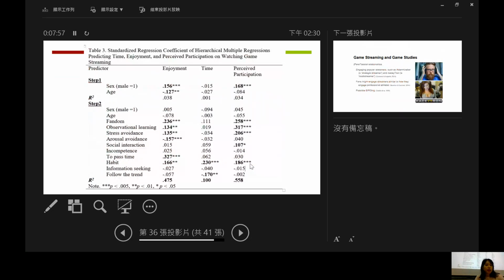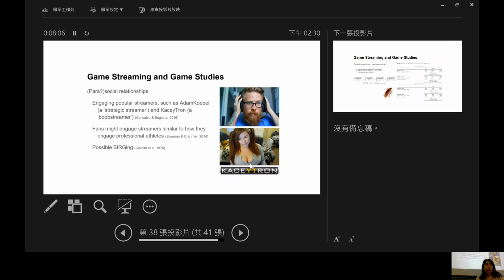And we did some regressions on enjoyment. You can see stress avoidance and arousal avoidance will lead to greater enjoyment. Okay, so our conclusion is that game streaming, watching somebody else play the game, is a type of strategic